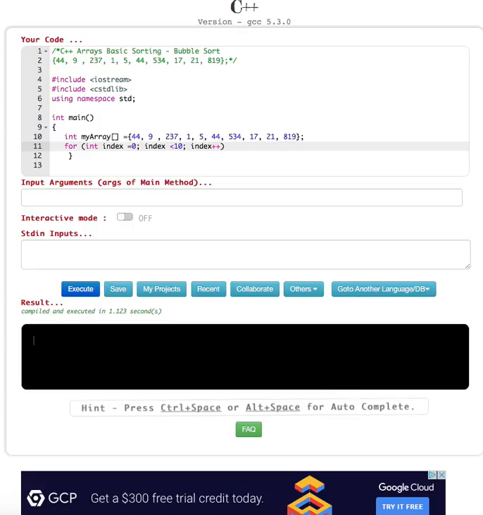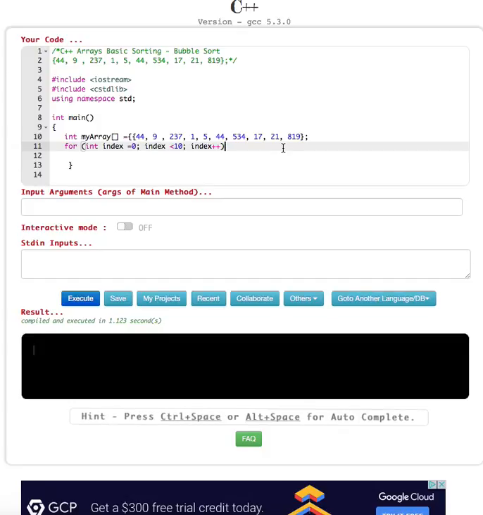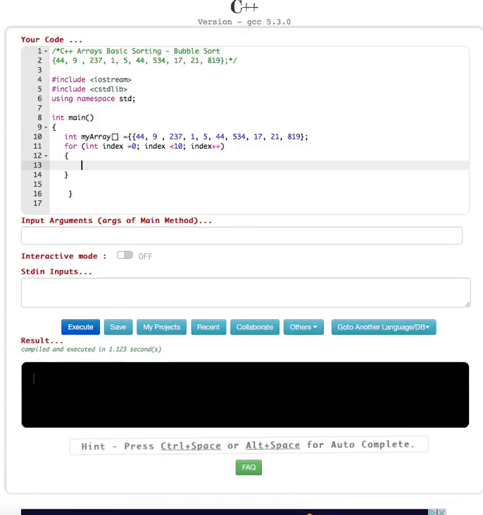plus plus. Now when it goes through, it's going to check whether this array element is bigger than this one. So we have to compare them in order to do the swapping. To do this, we are going to create an if statement. I shouldn't have put this one right here. I'm going to create a curly bracket, and I'm going to create an if statement. In the if statement, what we are going to do is compare. So first we are going to put my array